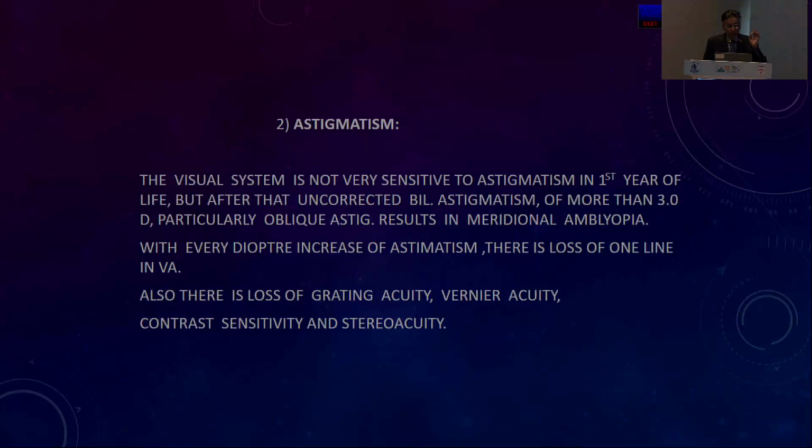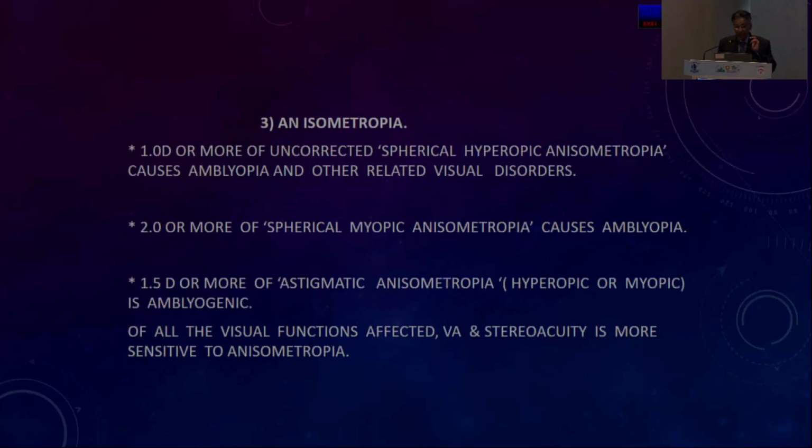Astigmatism. The visual system is not very sensitive to astigmatism in the first place, agreed. But after that, uncorrected bilateral astigmatism of more than 3 diopters, particularly oblique, results in meridional amblyopia. With every diopter of increase of astigmatism, there is a loss of one line. And isometropia, correct? 1 diopter or more, now this is very important, you should note it down, take